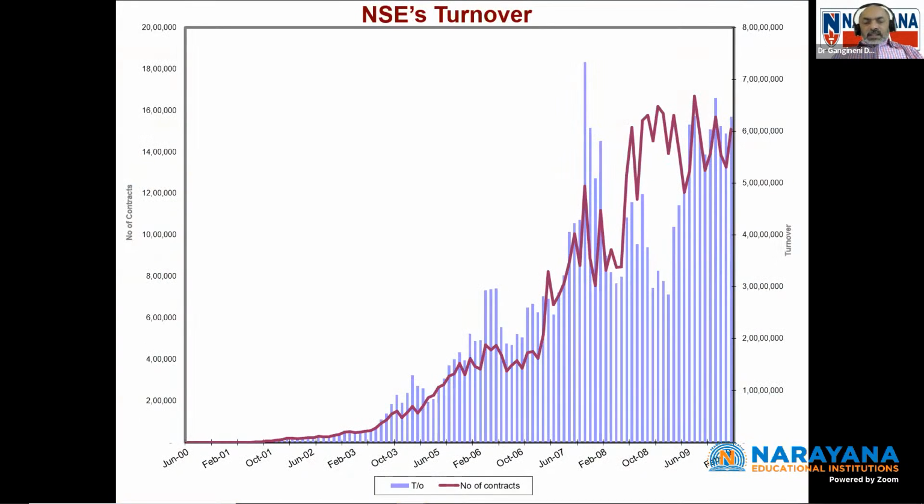You can see here how the NSE turnover is going day by day. Very huge turnover is witnessed in the financial markets nowadays. Most of it is intraday, but you can see how it leads to price discovery. There are a lot of debates and discussions on why so much turnover. You have to differentiate between investment, speculation, and gambling. Many people think that speculation is also